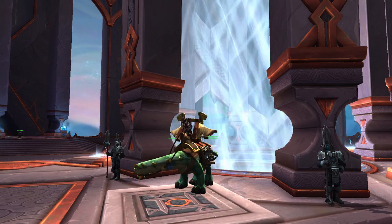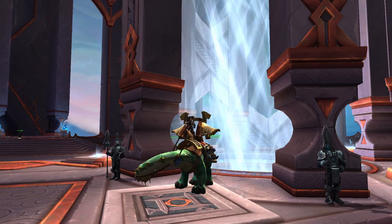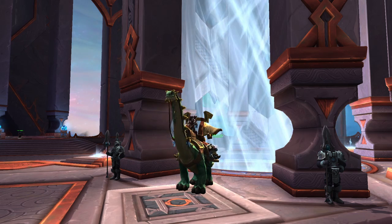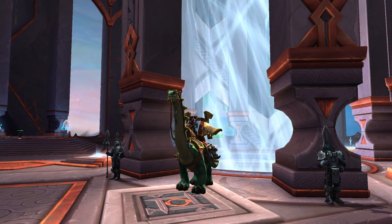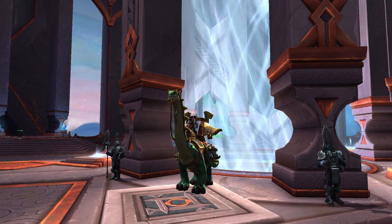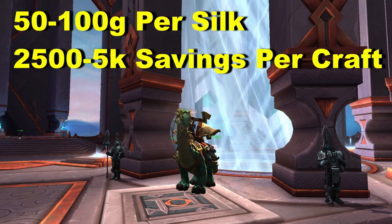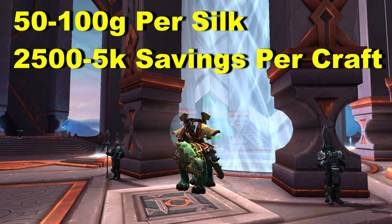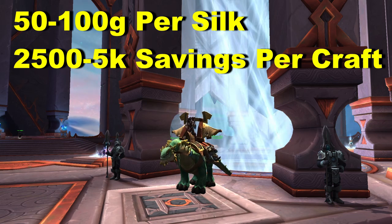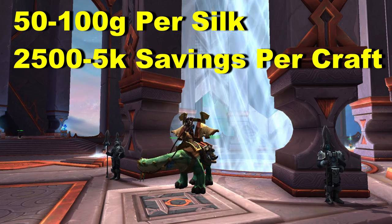Now, also one final thing to take into consideration when you're talking about maximizing your profits. A good way to cut some cost is either, like myself, be an enchanter with your tailorer, or getting materials and bringing them to an enchanter to make your enchanted lightless silk. Doing this is currently saving you around 50 to 100 gold per silk, which doesn't sound like a lot, but when you take into consideration that a lot of the rank 4 items are using 50 lightless silk per one,